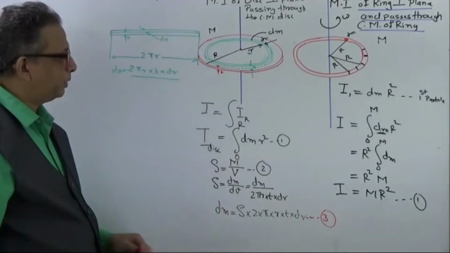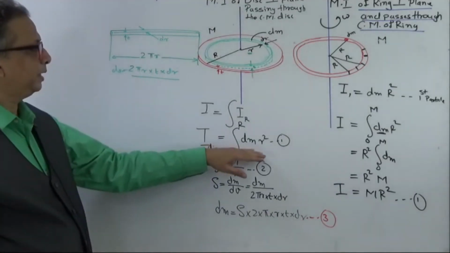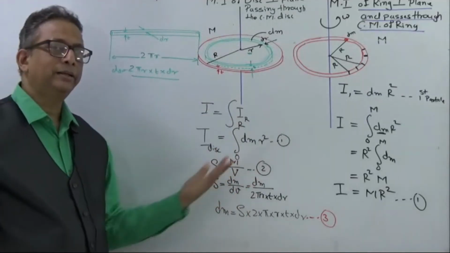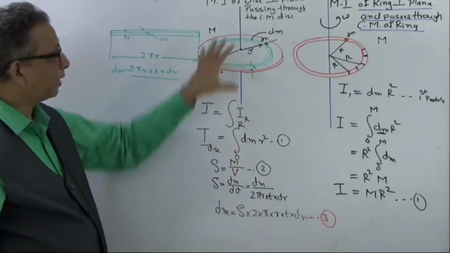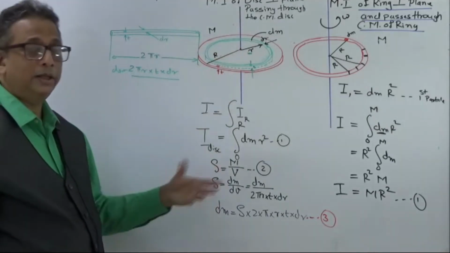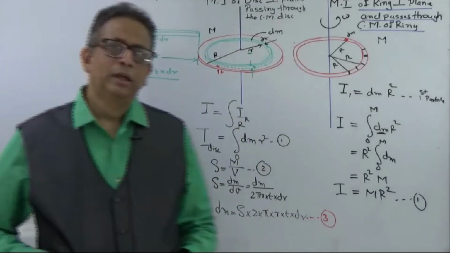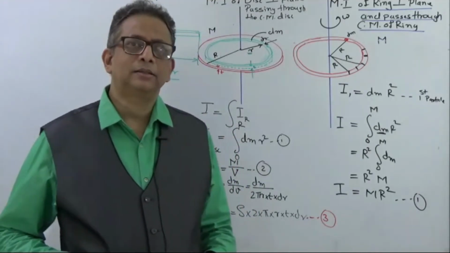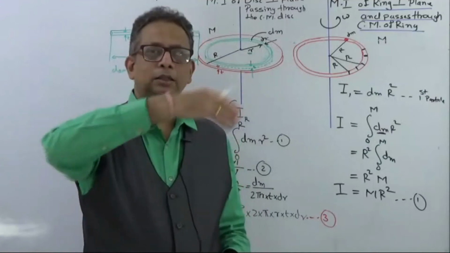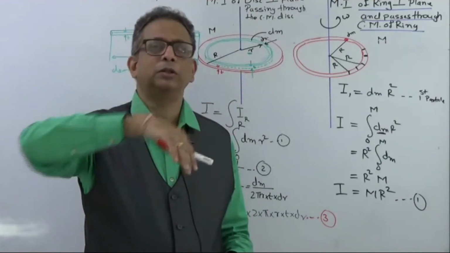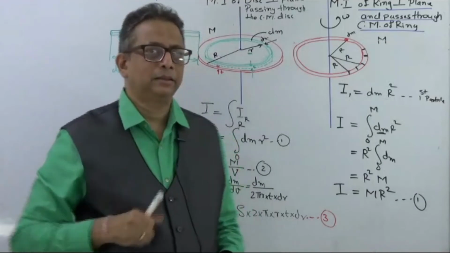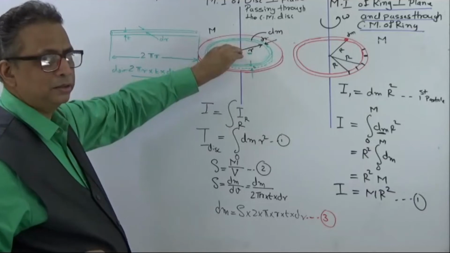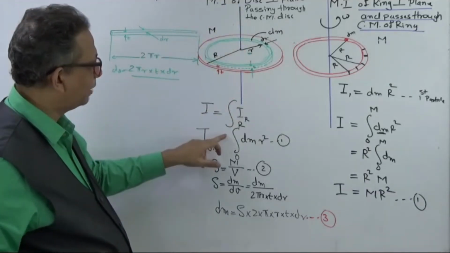See how the steps we are going for integration. First we are deciding it will be the summation of all the rings of different radius. If I add them, I will get the total moment of inertia. If I add the inertias of all the rings, I will get the total inertia. This is one more important factor, that the total inertia of any object is the sum of inertias of all the other bodies around the same axis. Because the axis is the same, I am adding up all the inertias of the rings around this particular axis, therefore I am using the summation.